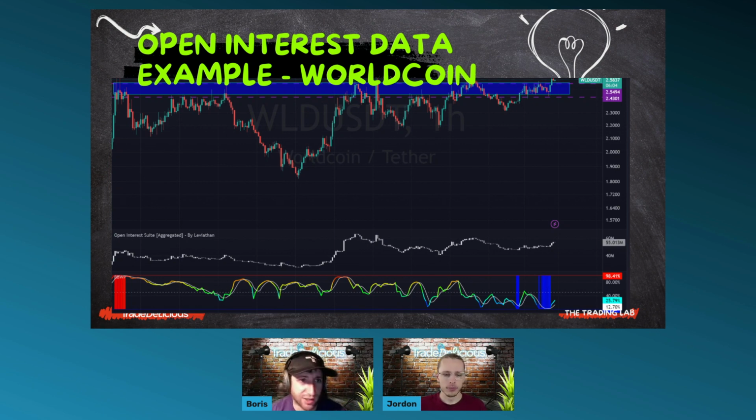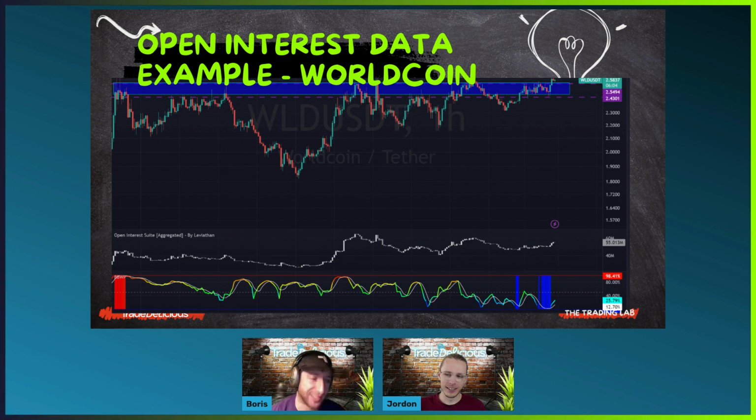I wanted to show you this. Let me actually show you. Actually, never mind, it's going to be complicated. I thought I had a chart prepared, but I just realized I pressed the back button, so it's going to take too long to show what I wanted to show. Basically, what I wanted was what happened after this. Just take my word for it. WorldCoin did break out. It had a 15% move over the next few candles. So this trade worked out, in conjunction with using open interest as a confirming indicator to validate my trade.